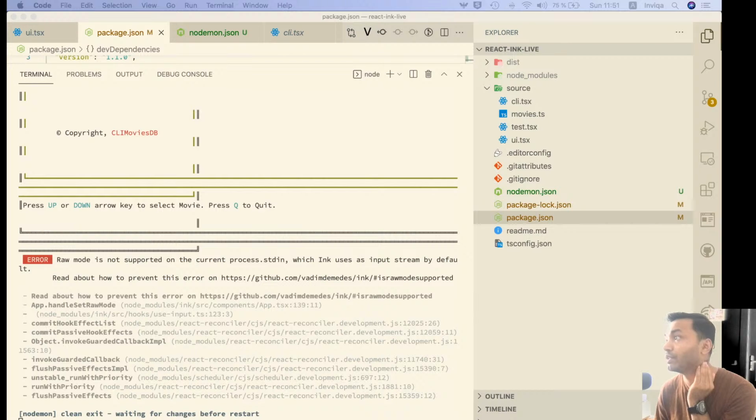So let's begin. Yesterday I started with this CLI app using ReactJs. We were able to create